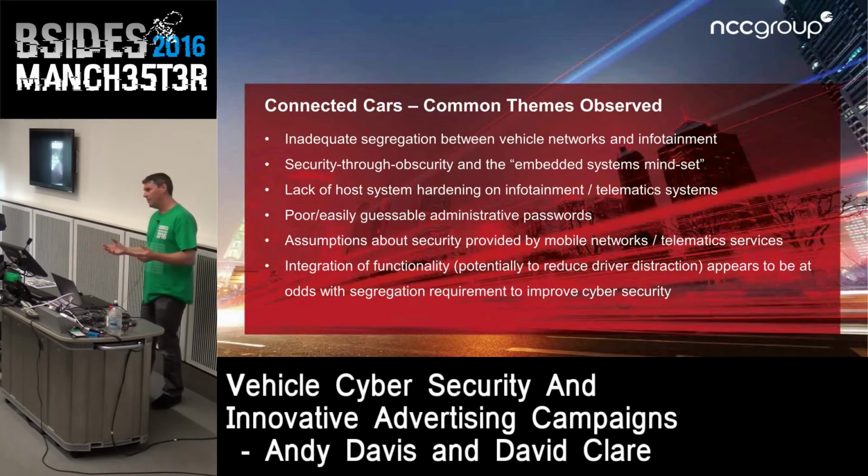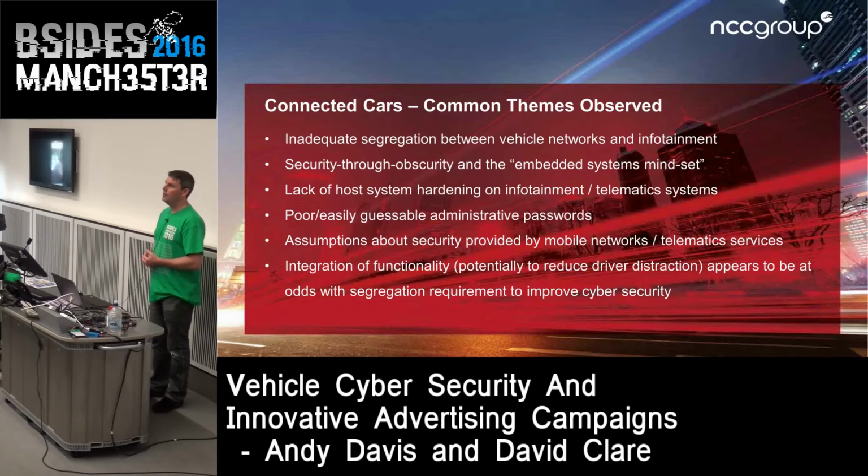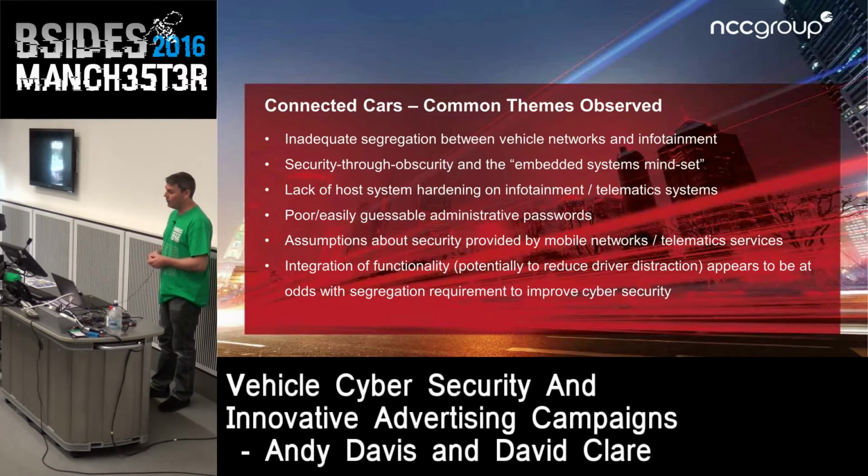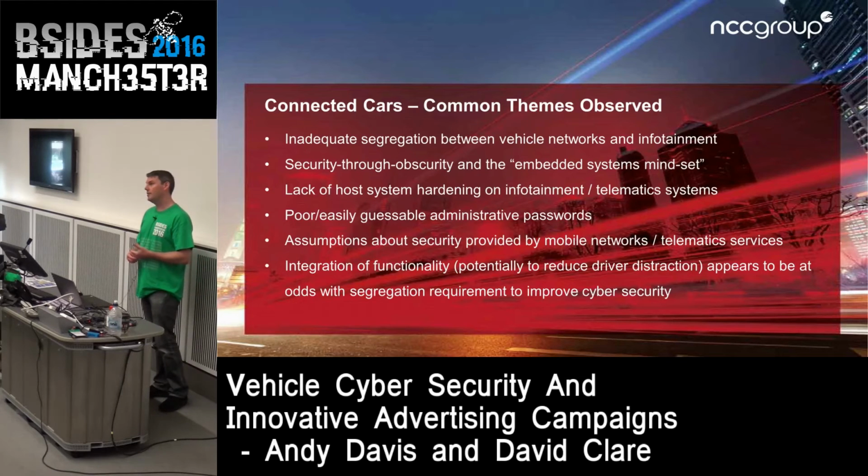Infotainment systems, we're starting to see more and more using more conventional operating systems. Historically, 5 years or more ago, you would see more esoteric implementations of operating systems on head units, more real-time operating systems. You still see those today, like QNX, for example, but we're starting to see a lot more Linux